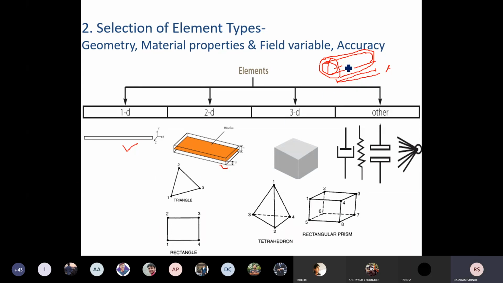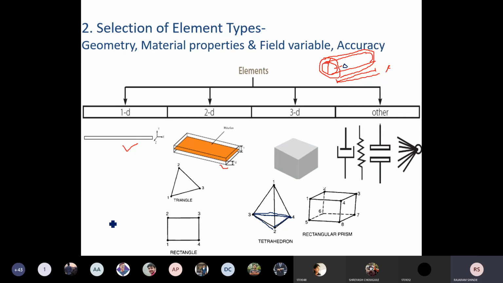Surface you can use here, but you have to give the thickness. You have to give the thickness. Now see here, already I have told you, an ideal element is the element having all dimensions the same. That means all these edges are of the same length; that element is considered as the ideal element. Now here you will get the base like this, and the height you will get up to here only. You can see here this shape of element.